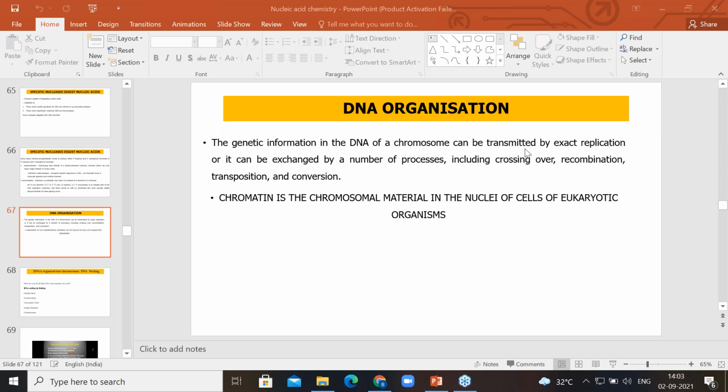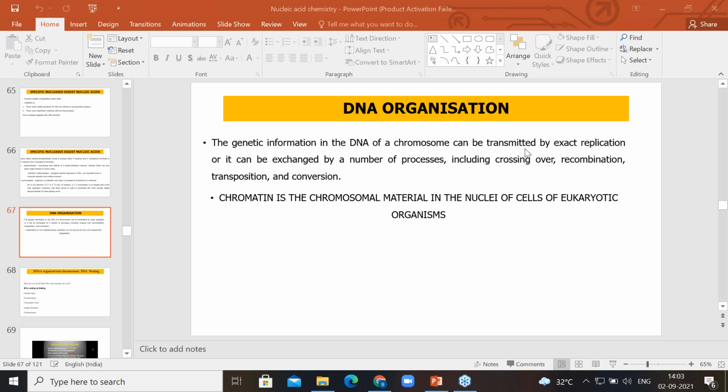DNA has to be replicated, another cell has to be produced, and the exact same sequence of DNA is given to the offspring. ठीक है, ऐसा नहीं है कि एक डीएनए में सीक्वेंस कुछ है और अगले डीएनए में सीक्वेंस कुछ और हो जाएगी. Same sequence will be carried to the next generation, or at times it is exchanged